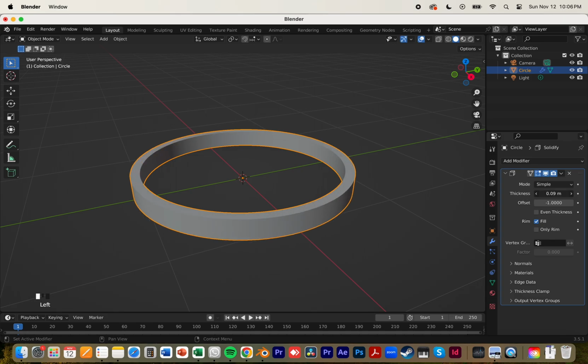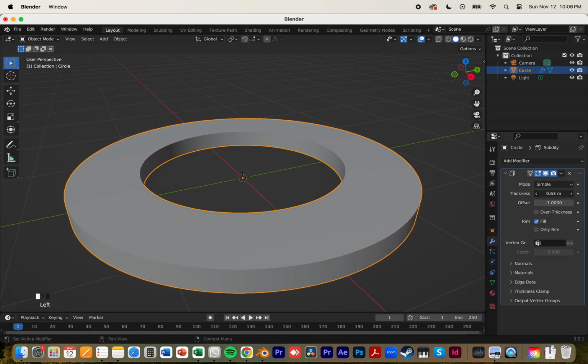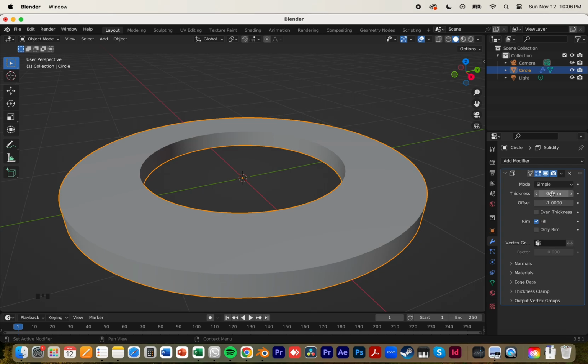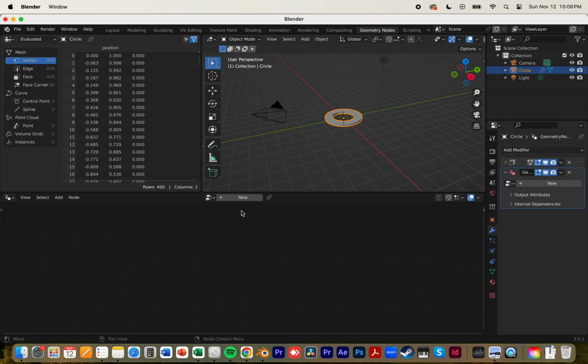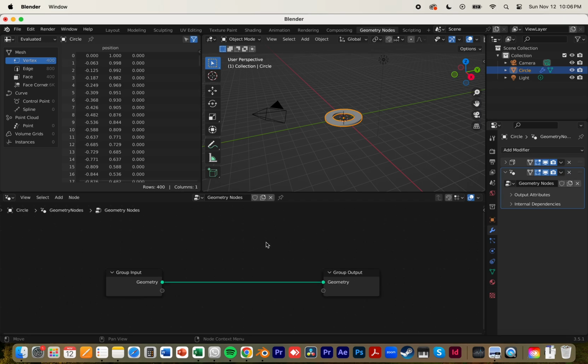modifier, and then do this kind of thickness like that on the outside. After that, we add a geometry nodes modifier, and we go to the geometry nodes workspace, and we add new geometry nodes, and we add three things